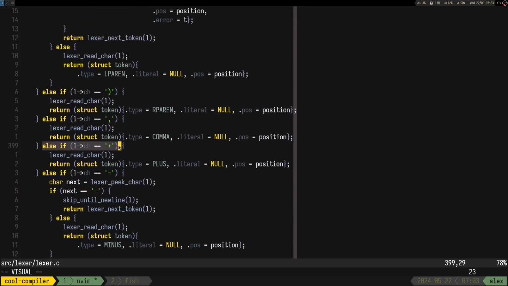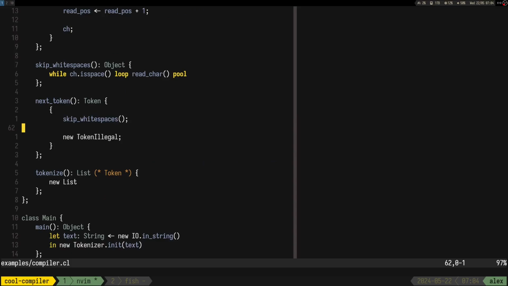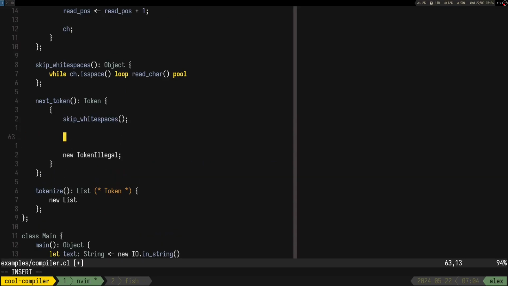So yeah, as I said, let's say that we started with the simple stuff like plus. Right, so we could do something like if the character is equal to plus.